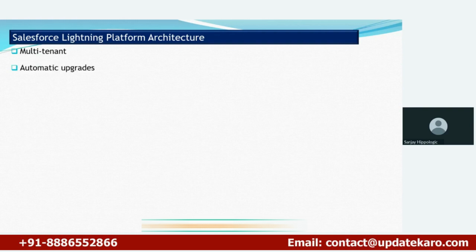Next is about Salesforce. The most important thing about Salesforce is that, for example, in 2018, 2019, 2020, Salesforce was rewarded as the most innovative company in the world. The reason for that is that Salesforce continuously evolves. They have kept it a strategy to bring out three upgrades in a year. So you will get automatic upgrades three times in a year. They call them the spring release, the summer release, and the winter release. So every 4 months you will see some more features added to Salesforce.